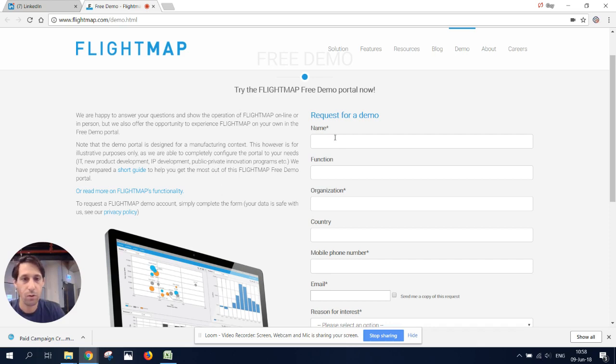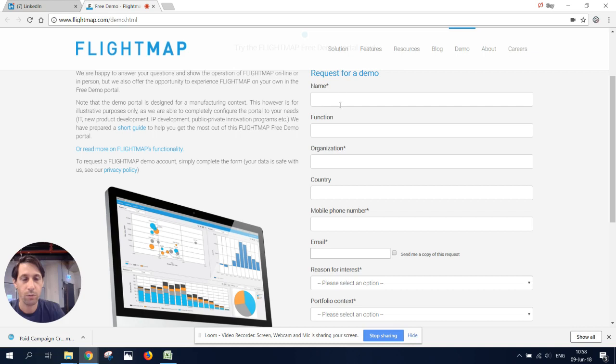Okay, so let's check the form. Request the demo, the name. I don't know about their CRM, but in my experience, in most cases, it's easier to separate between first name and last name, especially when you're using an email. If you want to create a custom email, like if my name is Guy Alfia and I'm going to say hi Guy Alfia, I know, who uses the surname in the email, unless it's very